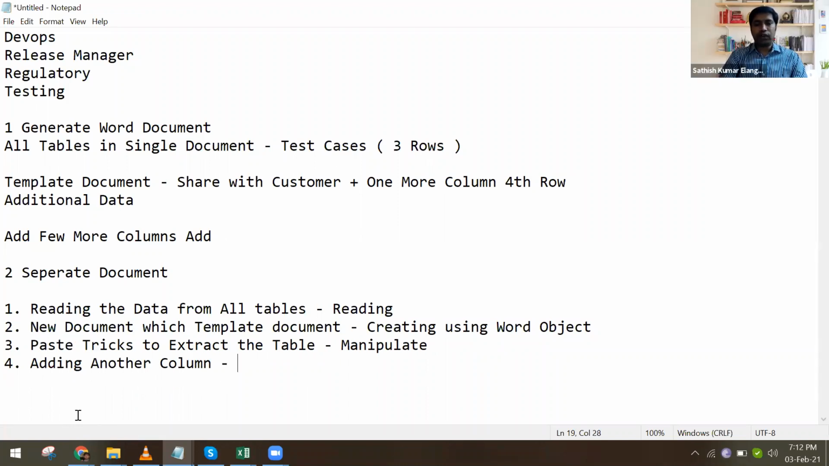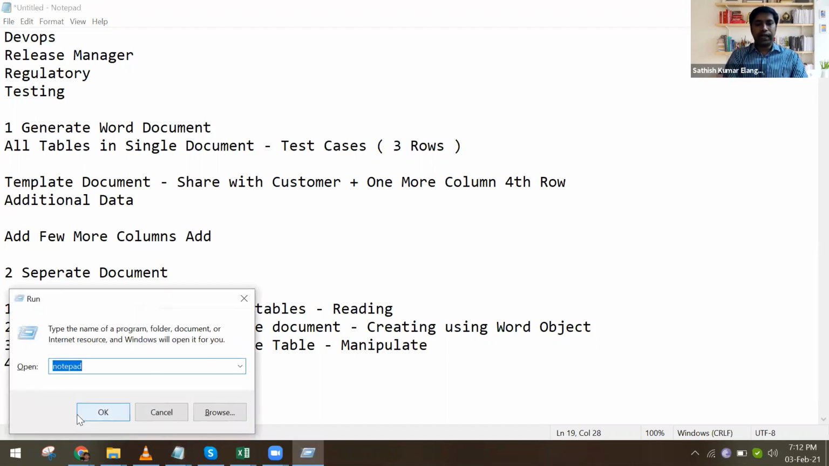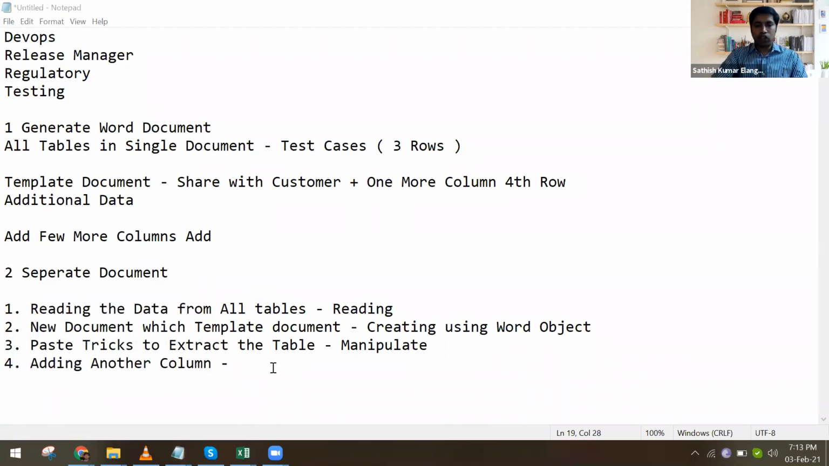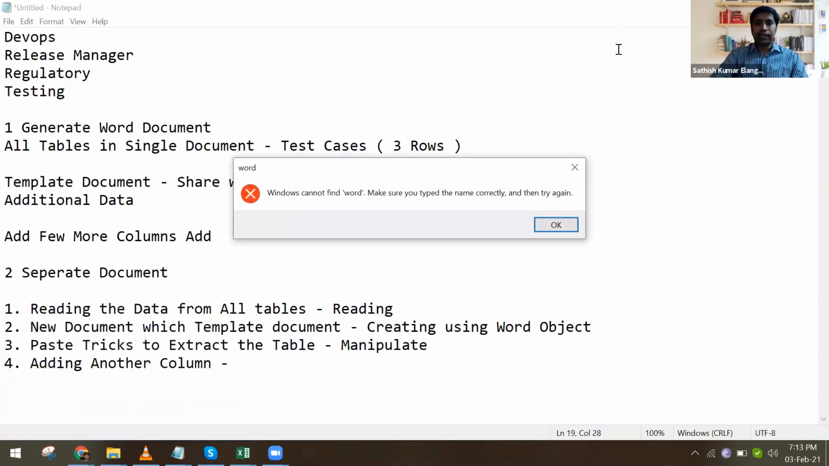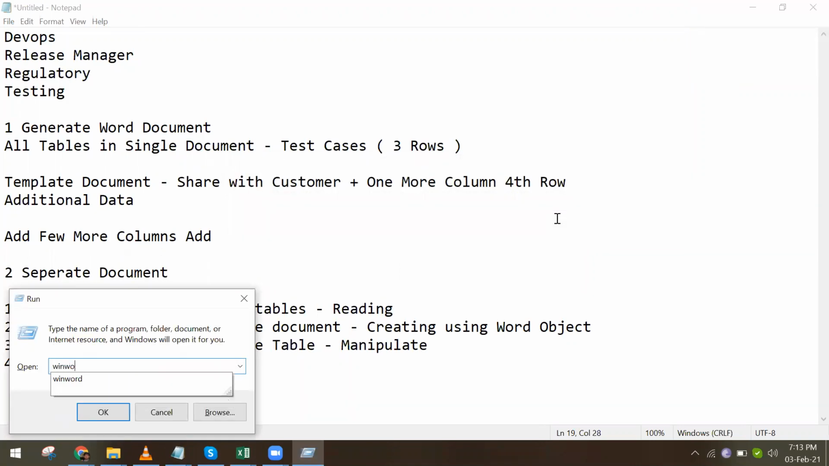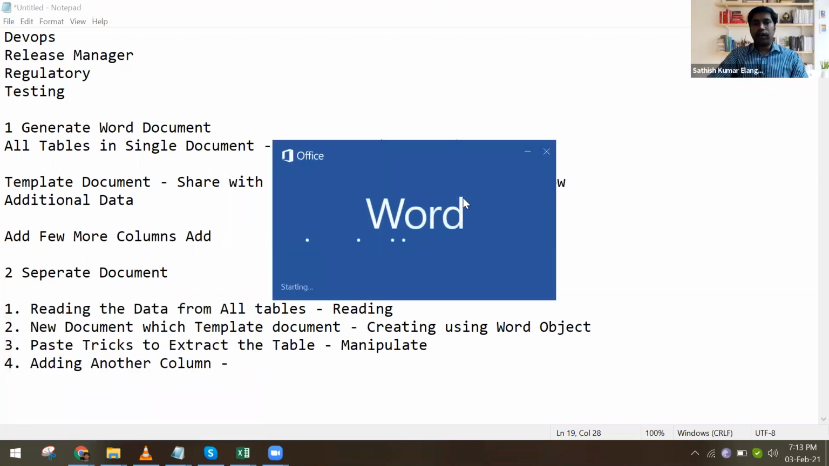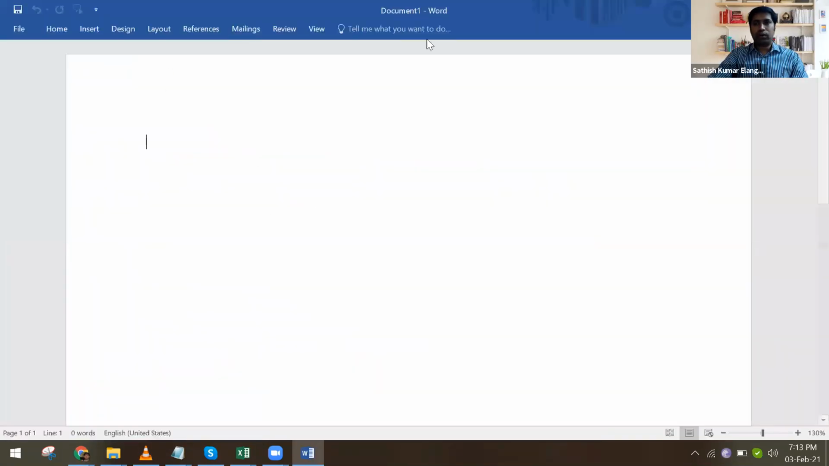And then finally, we are saying the fourth column, right? That is where I'm not sure whether we will be able to add exactly the fourth column in a Word document, because there won't be any object for a particular column. For an example, let's say I create a Word document. If it is an Excel, it is possible. But in Word, I assume we are talking about